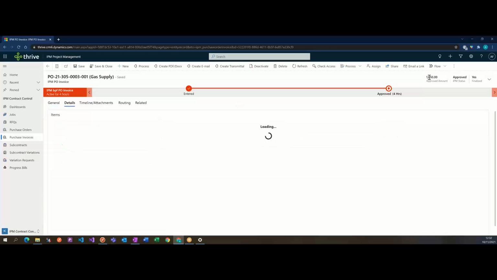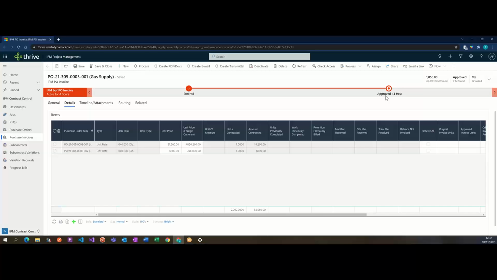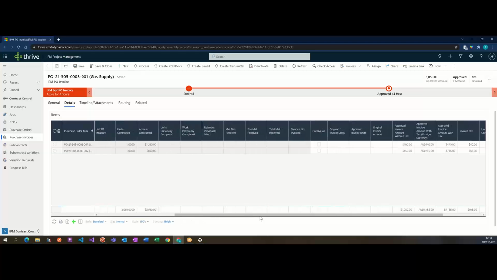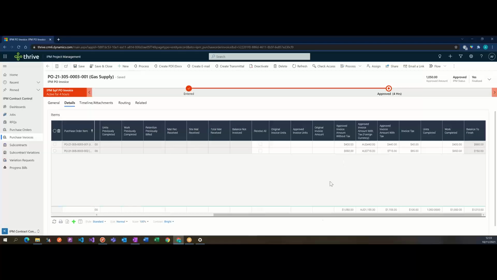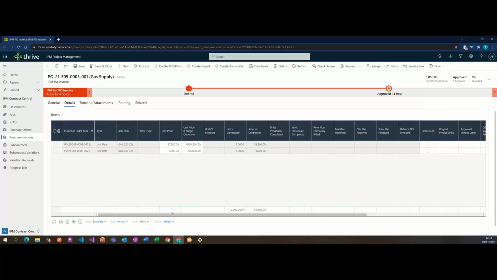Go to my details, so I can see I've got an approved amount. It's been approved and finalized, so it's all looking good. I've got amounts on each of the lines, but I don't have a cost type. Okay, so the easiest way, particularly for end users, to resolve this is to unfinalize the invoice, and then because